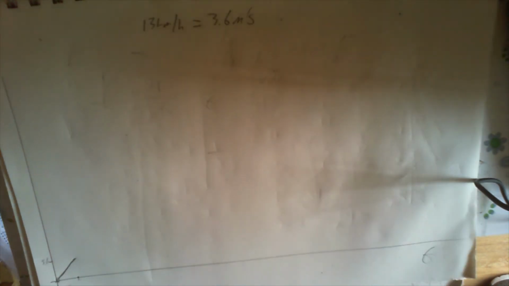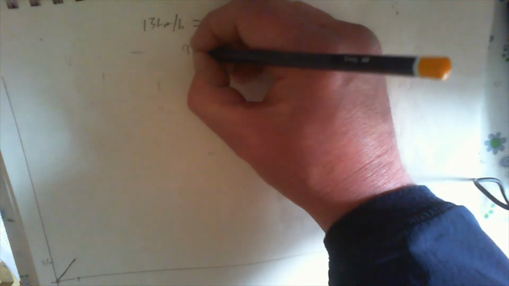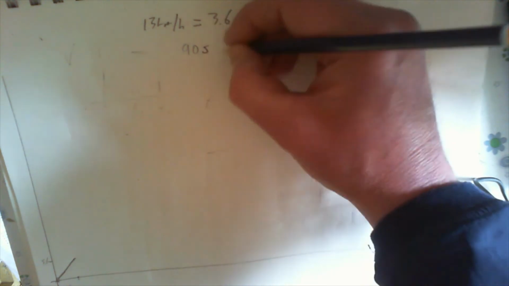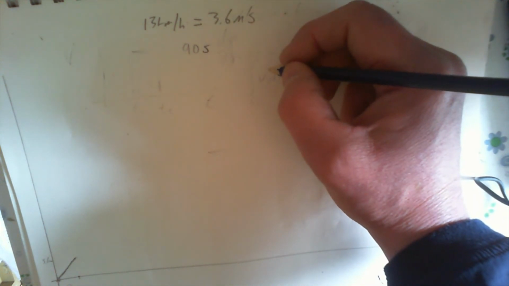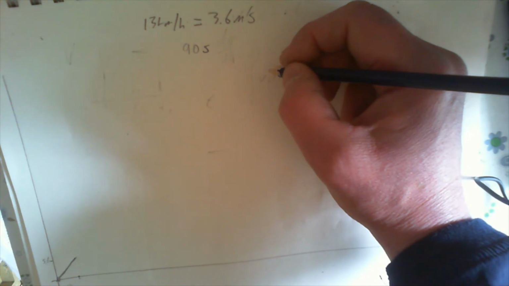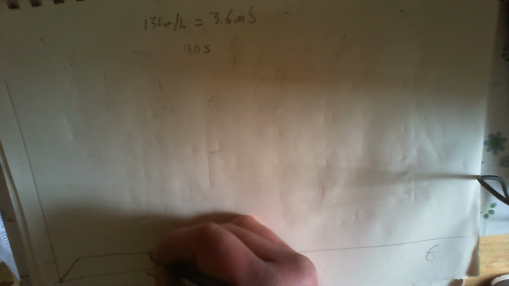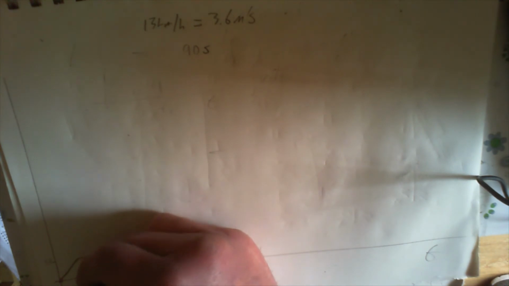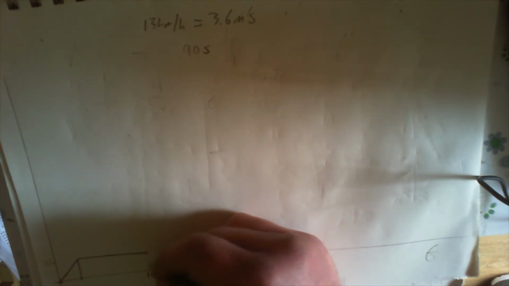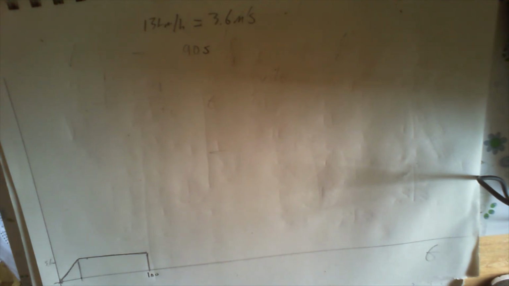Right, it was at constant velocity for 1.5 minutes, that's 90 seconds, and it's constant velocity, so this will be going up to like 100, so it's going to look like that. Oh, got a ruler, why don't you use it, Gavin? You see that? Right, that's going to be a triangle, and this is going to be a rectangle, and then what's happening here,